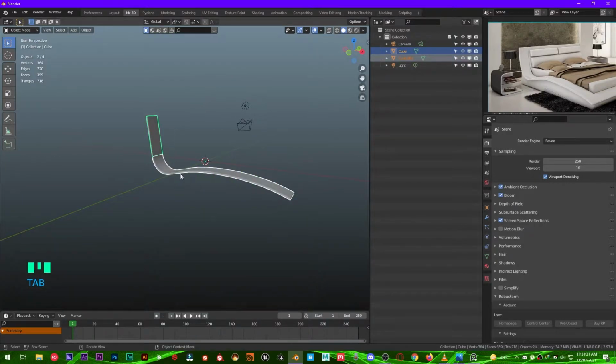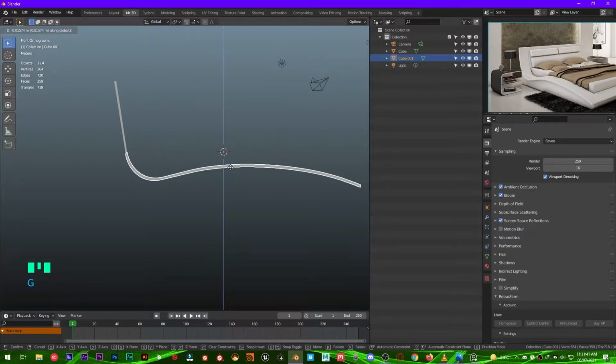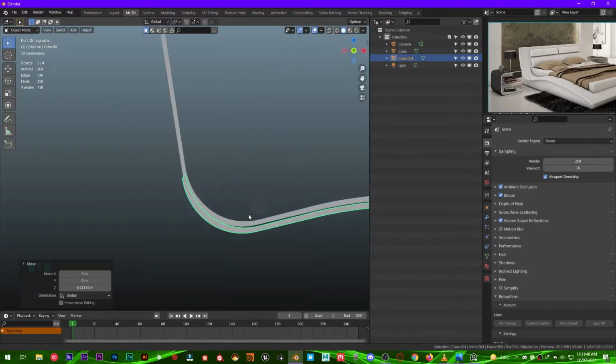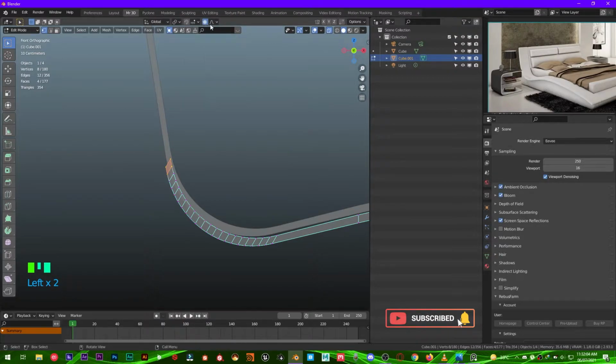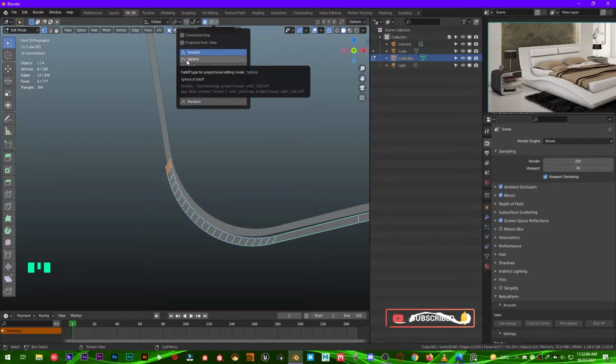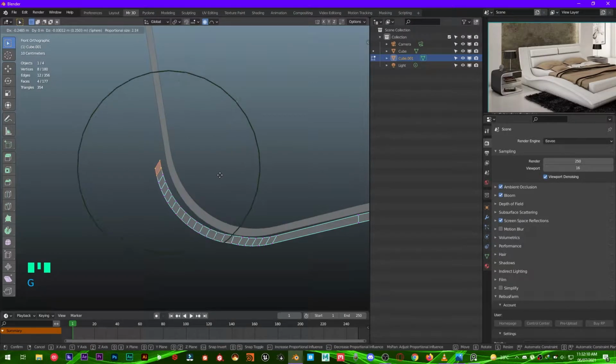Tab out of edit mode, select this one that we have created right now, go into the front view, press G, push down a little bit on Z axis, and you're also going to make this right here. Make sure to enable proportional editing right here and falloff to sphere and make it